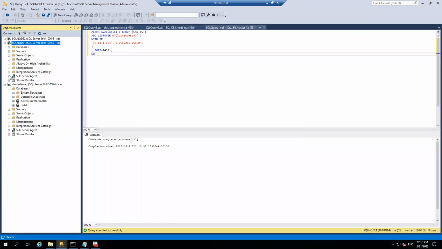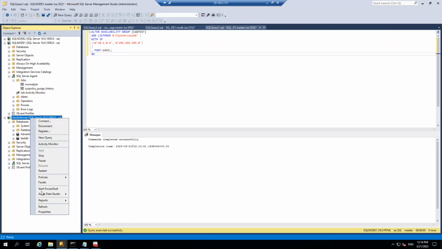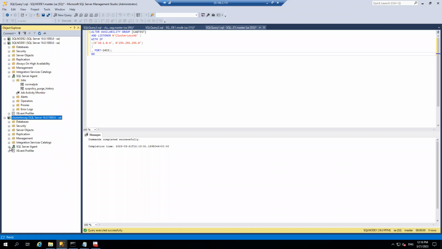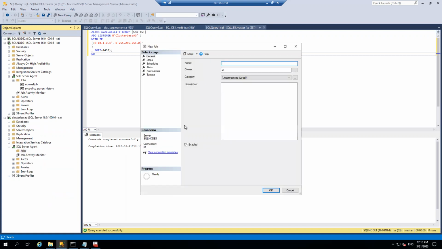Now you can see this job under the agent when I connect with server name. When I connect with listener name, and if I go to my agent, are you seeing this job? No. Right? Normal job, is that appearing? No. Now, if I create a new job, I'll say contained availability group,